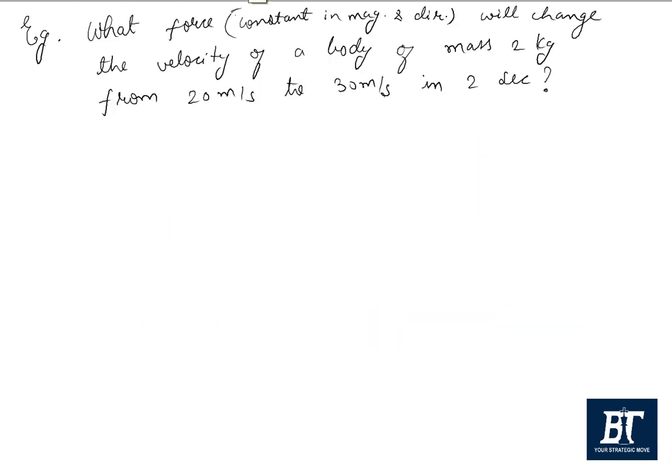We will now solve some examples based on the concepts that we have discussed. So in this example, we have to find a force which can change velocity of a body of mass 2 kg from 20 meter per second to 30 meter per second in 2 seconds. So from second law of motion, we can say that force is equal to mass into acceleration,